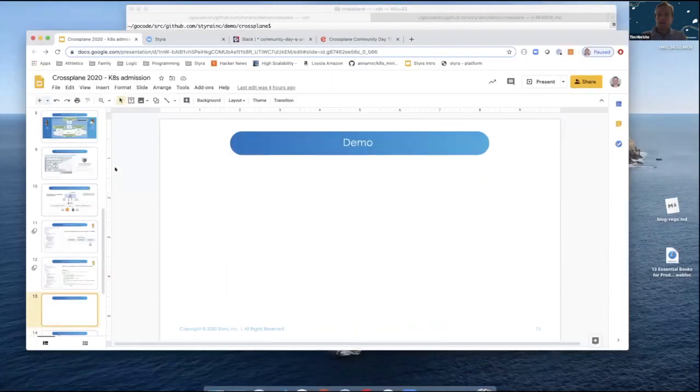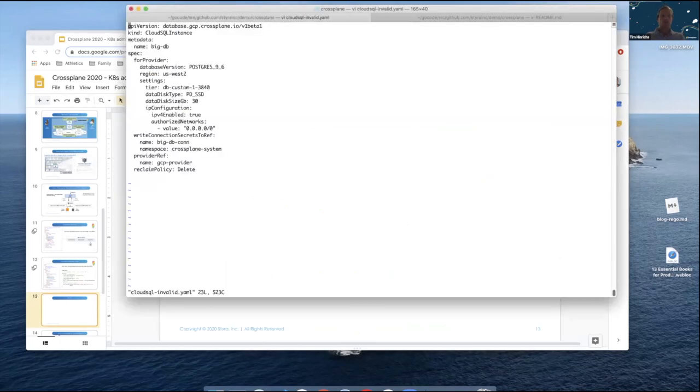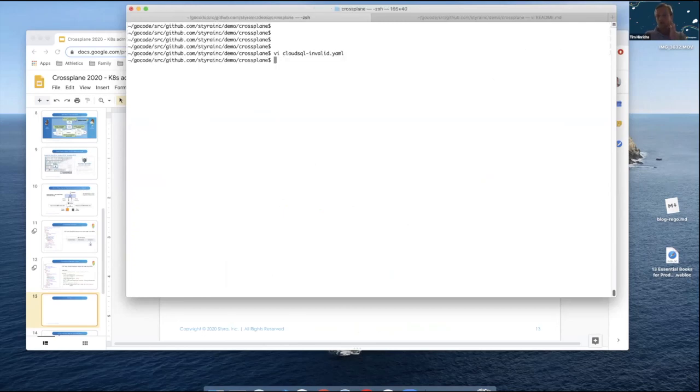All right, I'll do a quick demo here. What I'm going to show quickly is, first, we will start out by walking through exactly this thing that we did in the slides a moment ago. So here's our Cloud SQL instance. Note that here we've got 30, and the policy is going to be 20. So the policy is going to say you can't deploy databases that are bigger than 20. This one's going to be invalid because it is of size 30. And so we'll just go ahead and